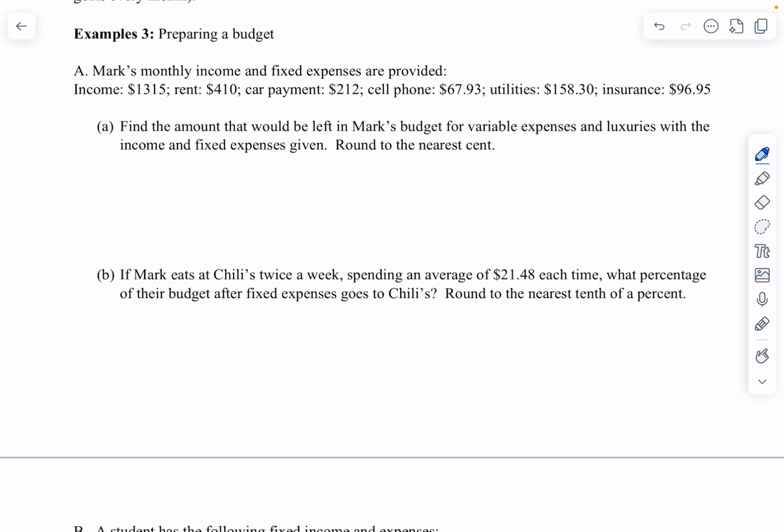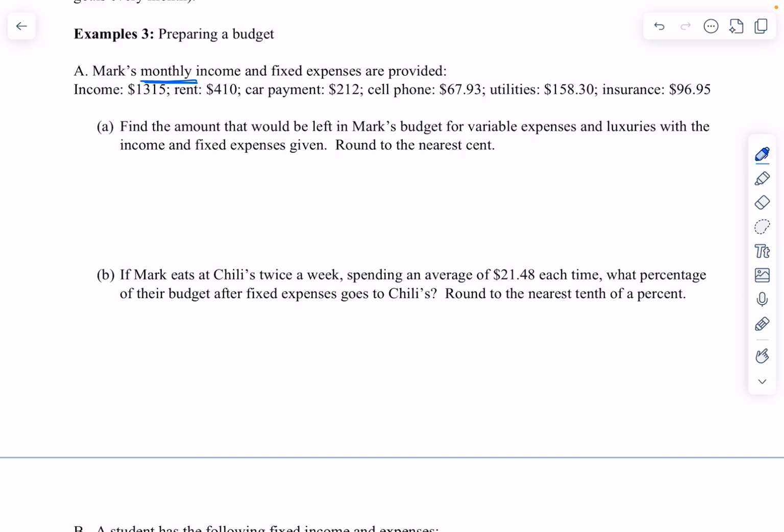Mark's monthly income and fixed expenses are provided. So his income is $1,315, and these are monthly, right? Did you catch that? Rent, $410, car payment, $212, cell phone, $67.93, utilities, $158.30, insurance, $96.95. A, find the amount that would be left in Mark's budget for variable expenses and luxuries given that income